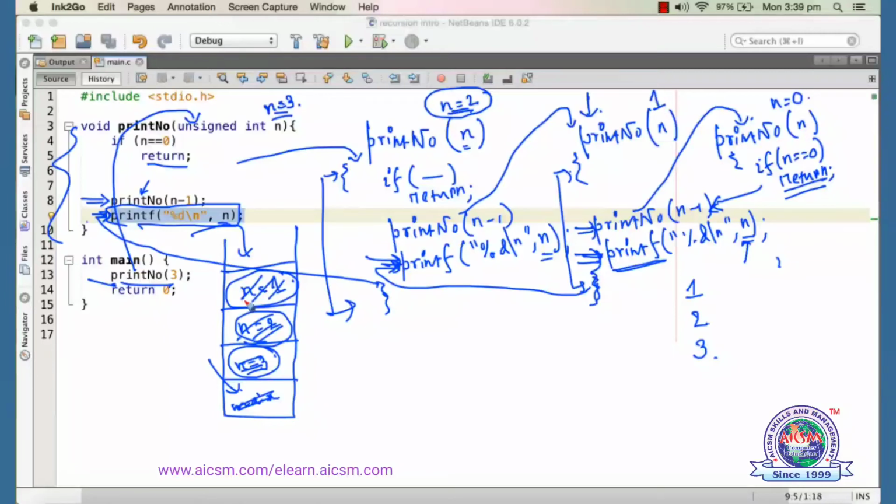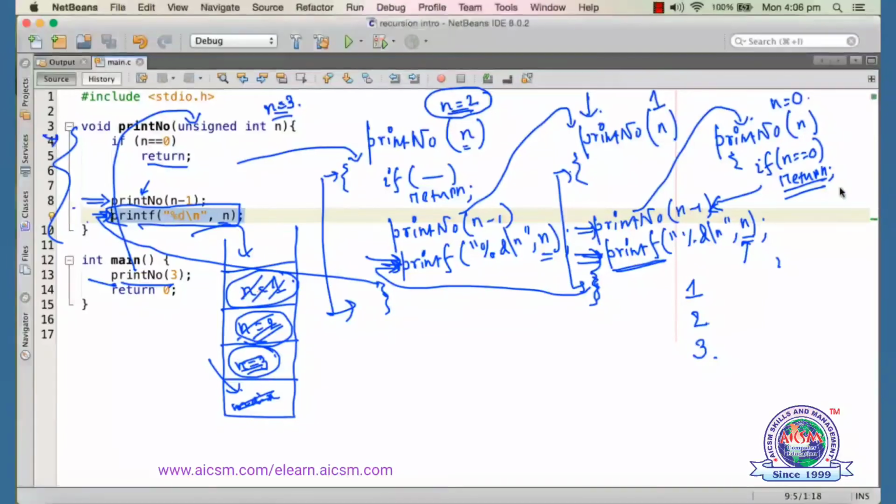We can still print from 1 to n by using a simple loop. So which one is better? Obviously the loop is going to be better as far as this particular example is concerned. We can just write a simple loop in order to print from 1 to n, and that's not going to have any kind of push and popping activity and this kind of maintenance of stack in the memory. So it's better to write a for loop in this case instead of having the recursion call as far as